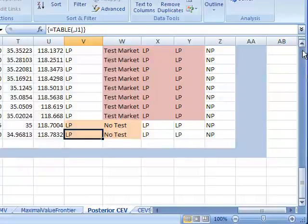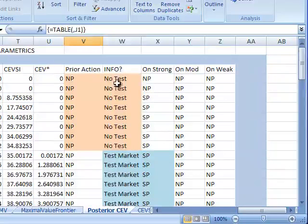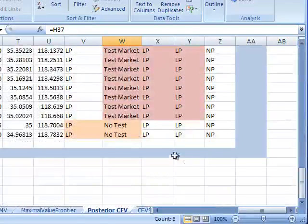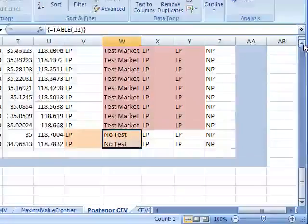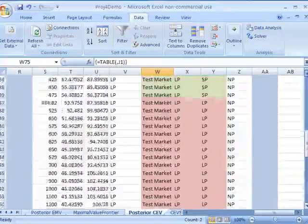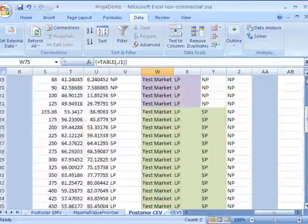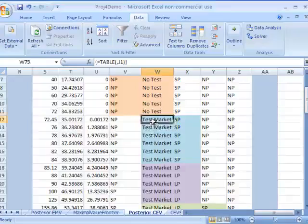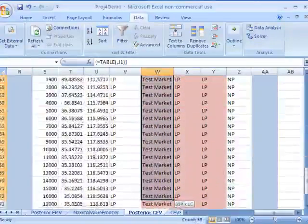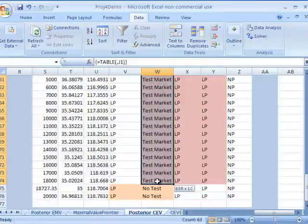So at the beginning of the process, we have no test. And at the end of the process, we have no test. But in between, we find that there's a very substantial range of risk tolerance values, going all the way from 72.45, less than 100, all the way up to 18,720, plus a little bit more, where the decision